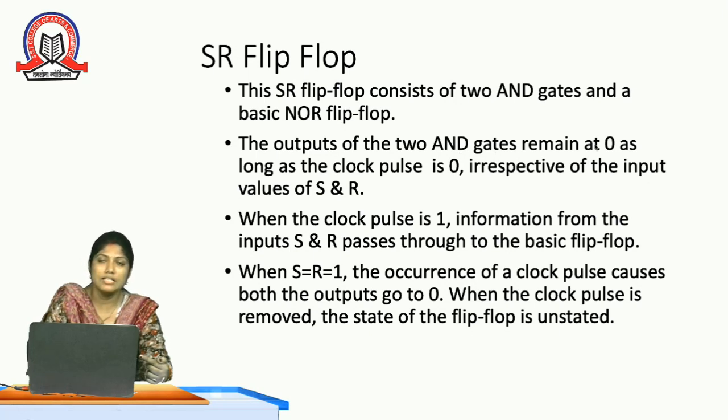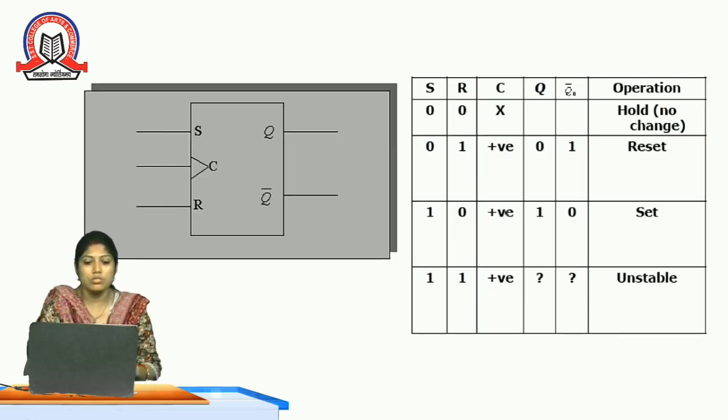We have to consider 0 as an initial state, then applying clock pulses. When it goes to 0, irrespective of input and output, your set reset flip-flop does not change. When again you are applying a clock pulse, that is when clock pulse is 1, the information from SR passes to the basic flip-flop, and then it occurs in the clock pulses when it goes to zeros or low. Likewise, we can see in this truth table that when S and R is 0, there is no change.